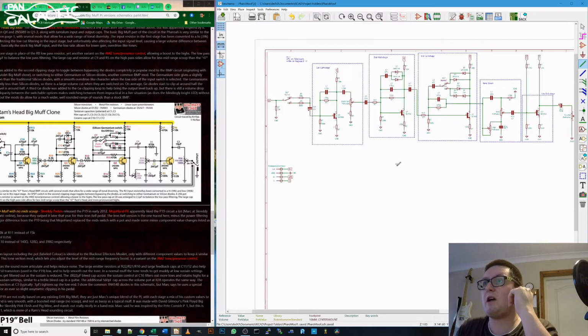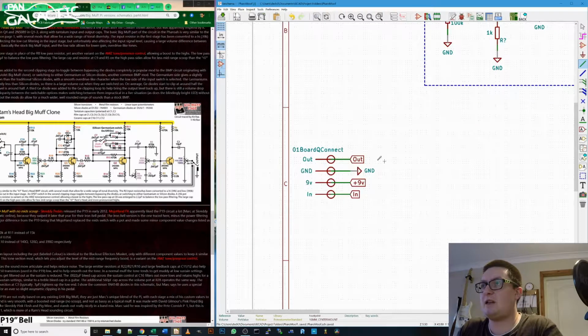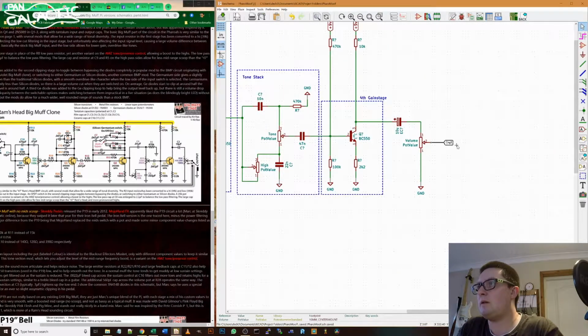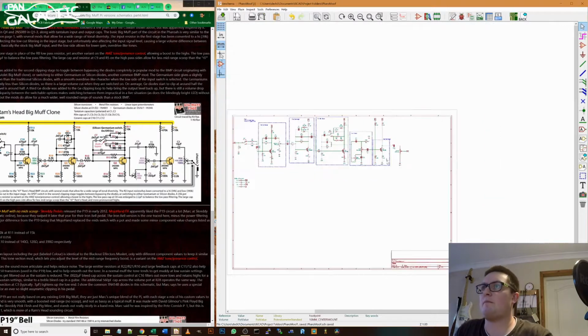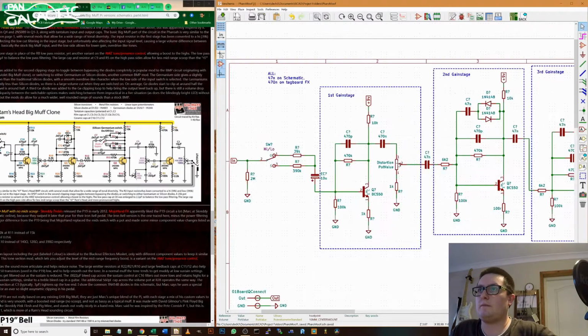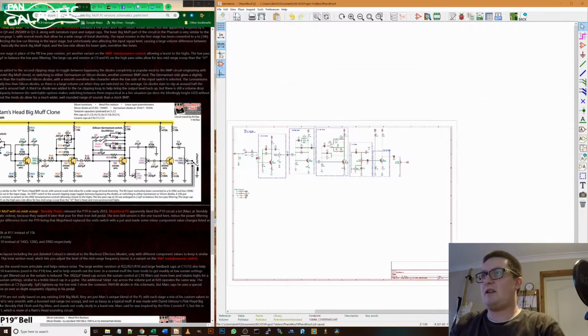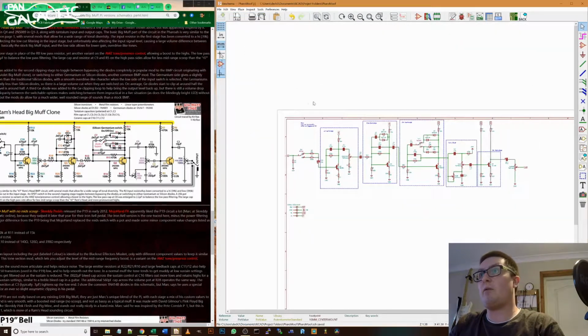And then this goes to our output. Now our output just connects to this label here, so we can just copy that and paste that there. Okay, let's save that. So this is essentially our finished schematic. We'll go through and check every part, but I'm going to do that when we give it these numbers, because I'm going to give it the same numbers as this schematic here. However,